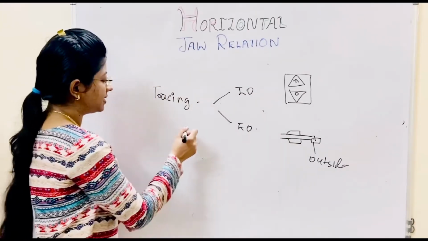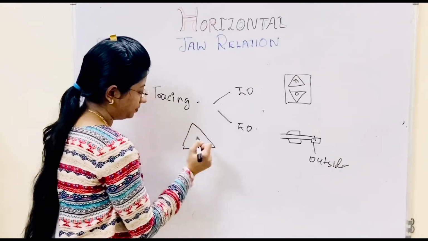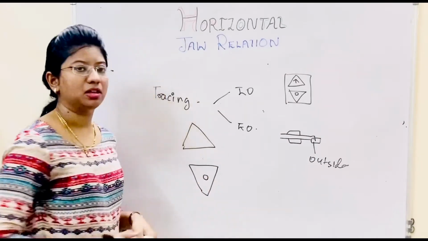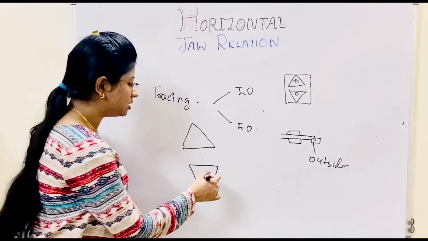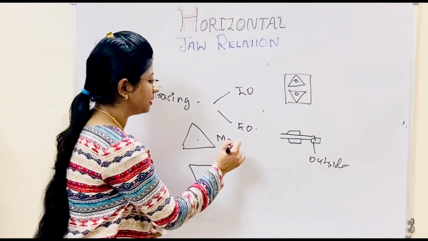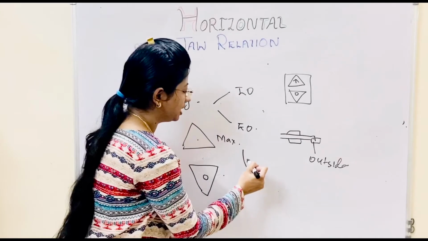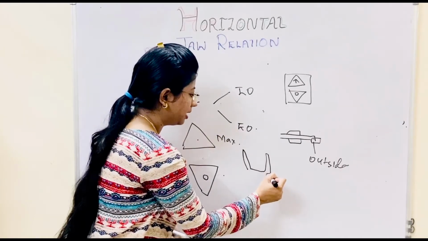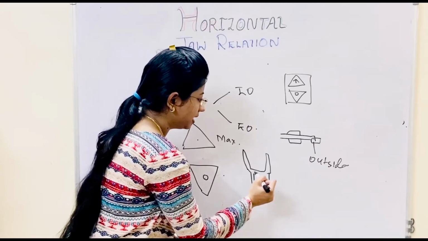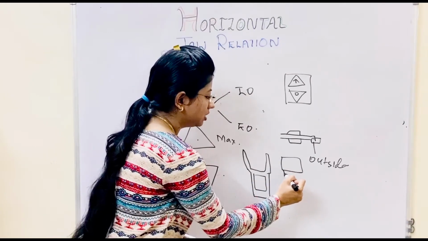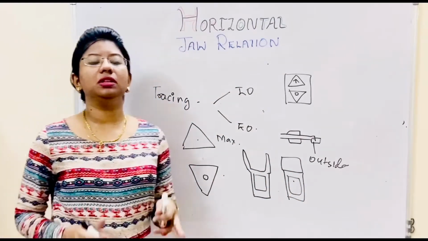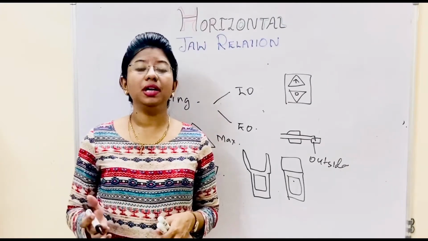Now I will show you the assembly. So there is a plate, and again there is one more plate. On this there is a pointer. So we need to arrange this pointer on the mandibular rim and this plate on the maxillary rim. After that, there is something like this. There are arrow points of the tracer, and there is one plate. So you need to arrange the whole of this assembly on the rim to record the movements.